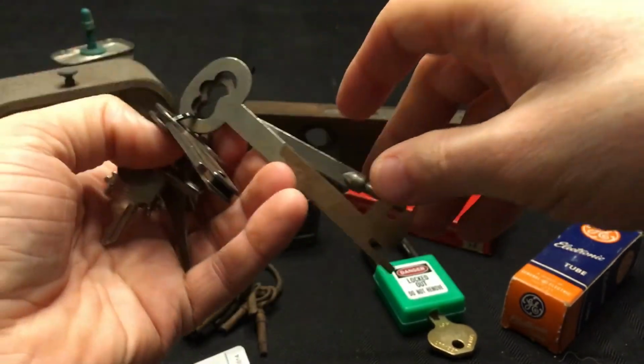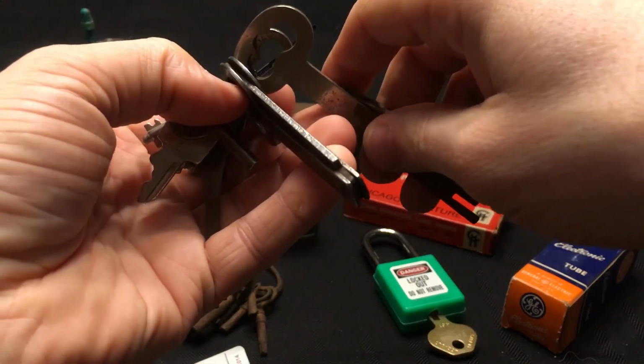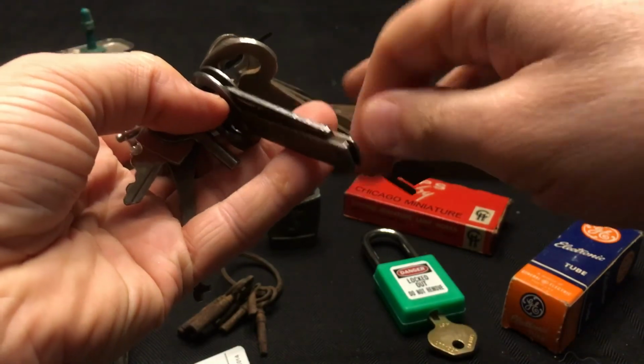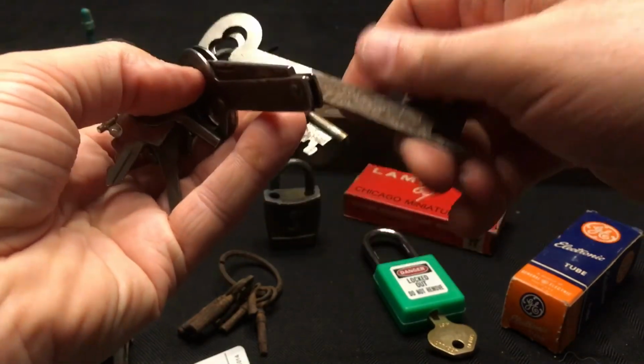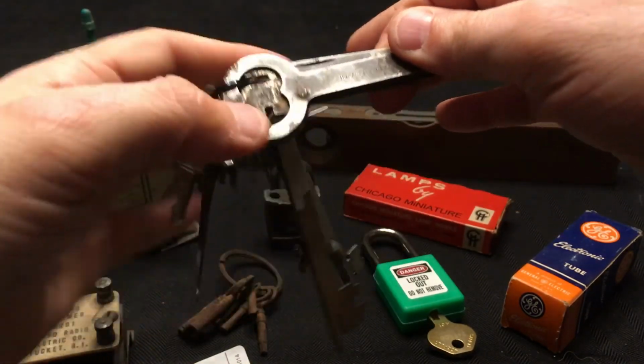Actually, these bigger keys remind me, there was an art museum in Quebec City that had some old prison cells. I guess parts of it used to be a prison, and these giant keys remind me of that. And you could go in the cells, and that actually...